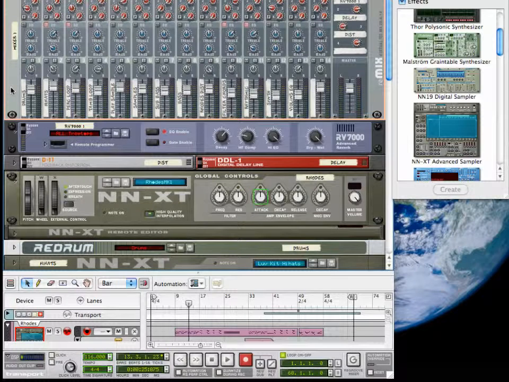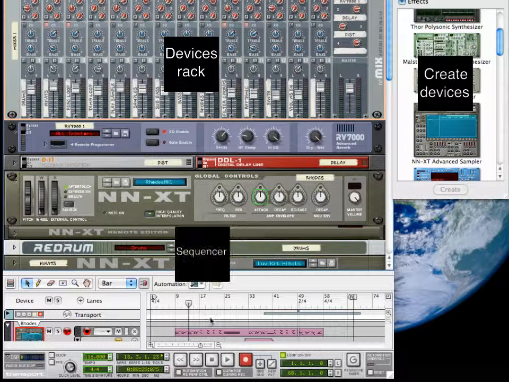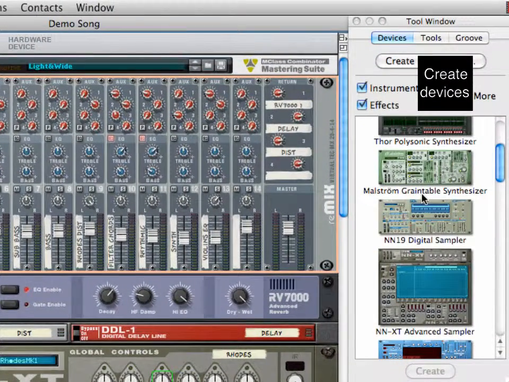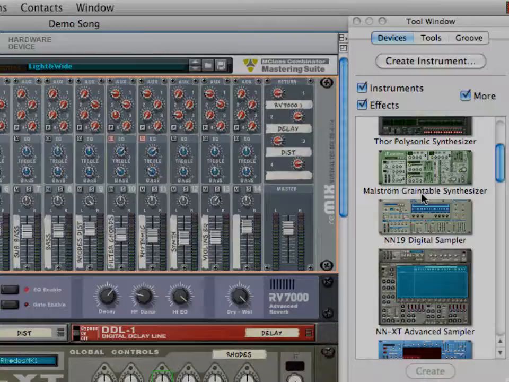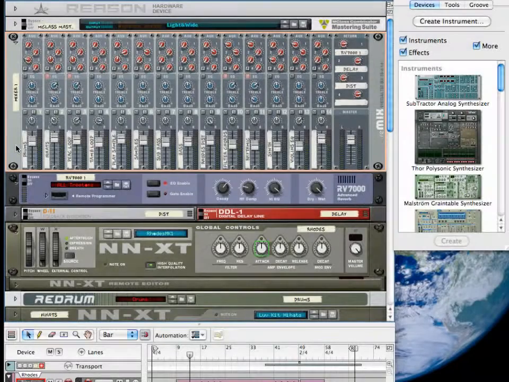As we begin our third lesson, I want to remind you that there are four basic areas in Reason: the Create Devices area, the Devices rack, the Sequencer area, and the Transport area. In this lesson, we're going to focus on the Create Devices area, or the tool window. Let's get started. In order to efficiently demonstrate how to add and manipulate devices, let's start with a brand new